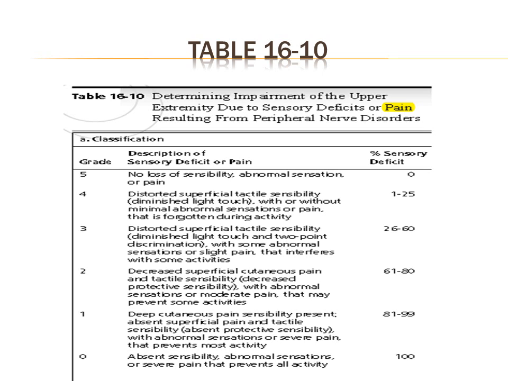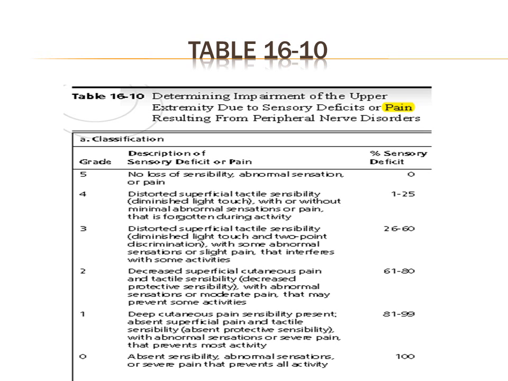So most cases are probably going to be a grade 4 and or a grade 3. Anything beyond a grade 3 down into a grade 2 and a grade 1 is going to be accompanied by significant additional objective findings, perhaps even to include the need for an assistive device,